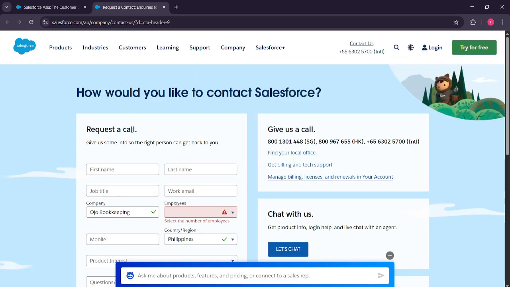Depending on how you'd like to connect with Salesforce HR, you could either request a call, chat with a representative, or call them directly using the number provided. Each option has its own set of advantages. If you're in need of immediate support or have a quick query, using the chat feature or giving them a direct call might be your best bet. On the other hand, requesting a call to discuss particular details could be effective if you prefer a more structured